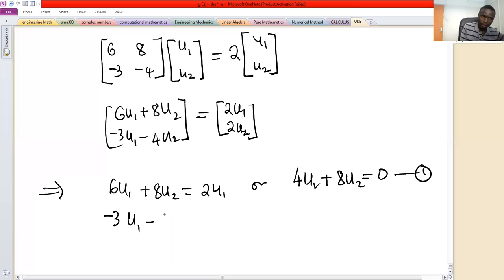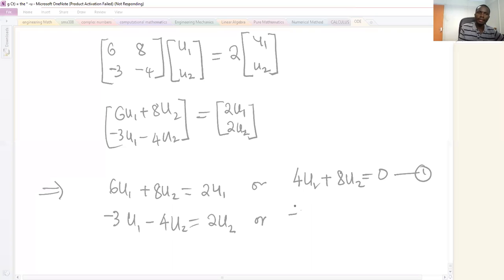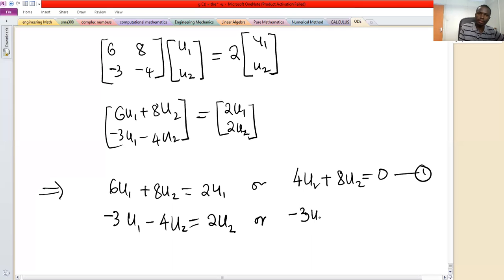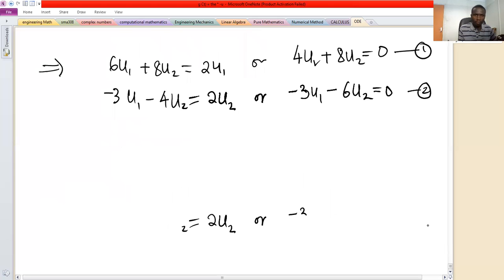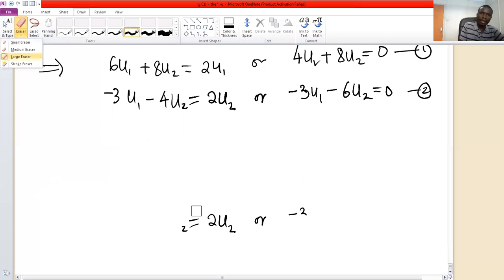And this other one will be minus 3U1 minus 4U2 should be 2U2, or say minus 3U1 then minus 6U2 equals 0. Just take this one to the left. Now this one is equation 2. Now from 1 and 2,